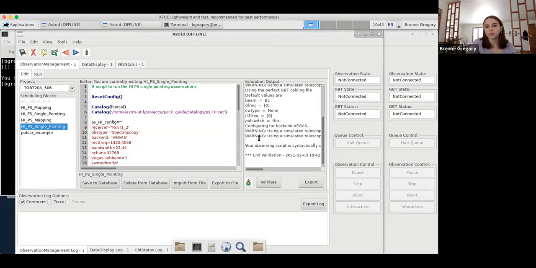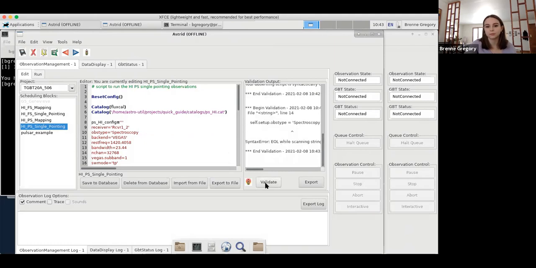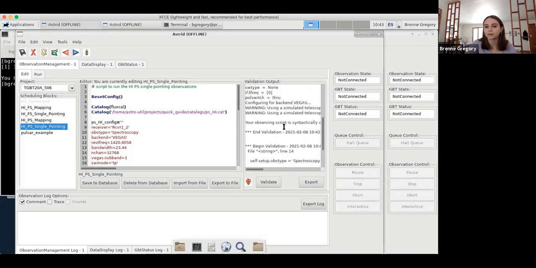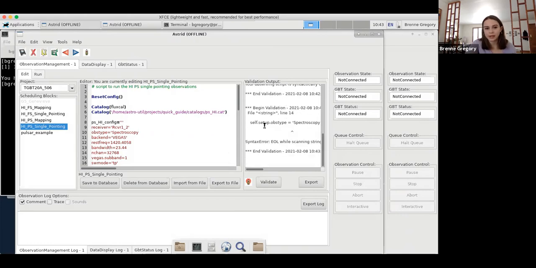And again, just like Amber said, this green means it's validated. Say if I change this and I try to validate it, I'll get a red, and then it will tell you what's going on in your script and where that problem can be. Some of the errors might be a little bit difficult to figure out, but just go through your script line by line, or the line that it states, and it'll let you know. So then you go ahead and just fix that. Again, you've changed it so it's yellow. You go ahead and validate